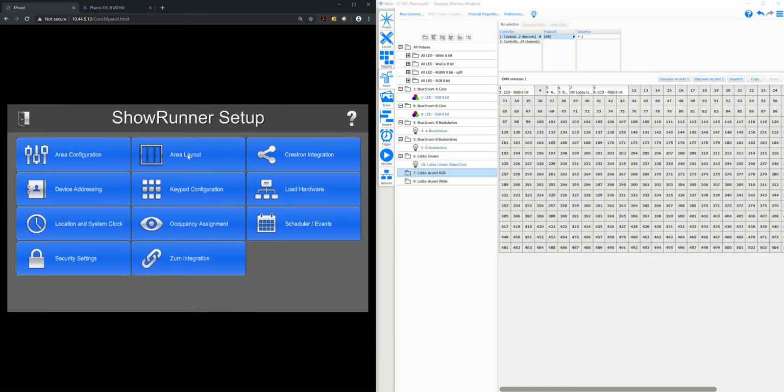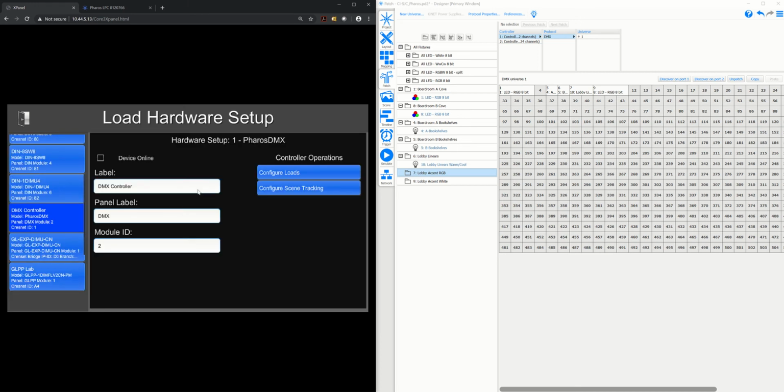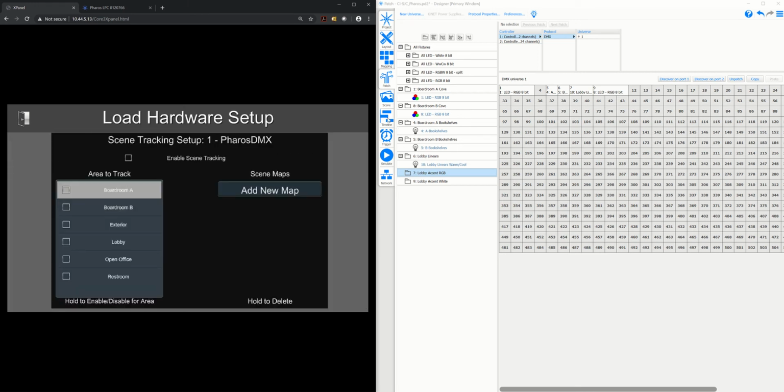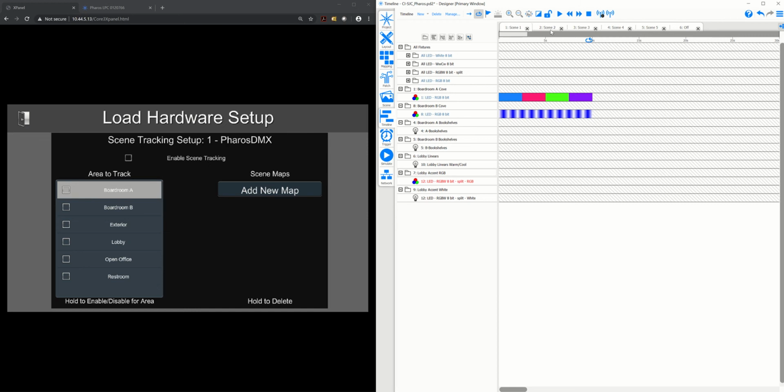Now, one of the great features about the Pharos integration is we can also do what's called scene tracking. So say we've set up some timelines here, and for simplicity's sake, we assume that these are activated by Boardroom A. These are all defined. So I'm going to turn on scene tracking, which tells the Pharos to listen to any defined enabled areas for any scene changes. So I'm going to go ahead and enable it for Boardroom A, and then I'm going to